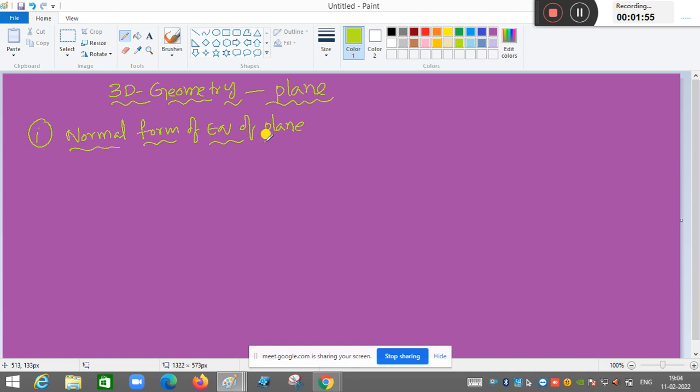Okay, in this form, see what is given to find the equation of plane. Here the normal vector is given. Normal vector is generally denoted by n bar. Normal vector and perpendicular distance